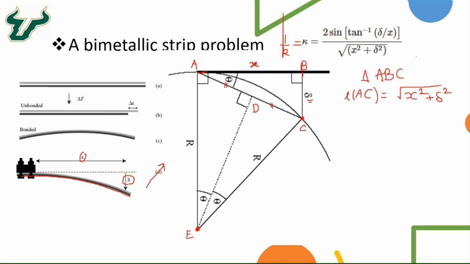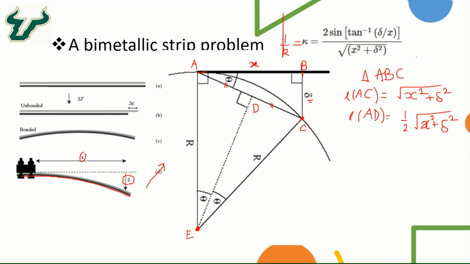Okay, AC is an arc with E as the center point, and if you draw a straight line between A and C, and then you drop a perpendicular from E on that straight line AC, then it will divide this straight line into 2 equal parts. So that's basically the geometry here, and so we can get length AD equals half of the square root of x squared plus delta squared. So once we find the length AD, which is half of the square root of x squared plus delta squared,